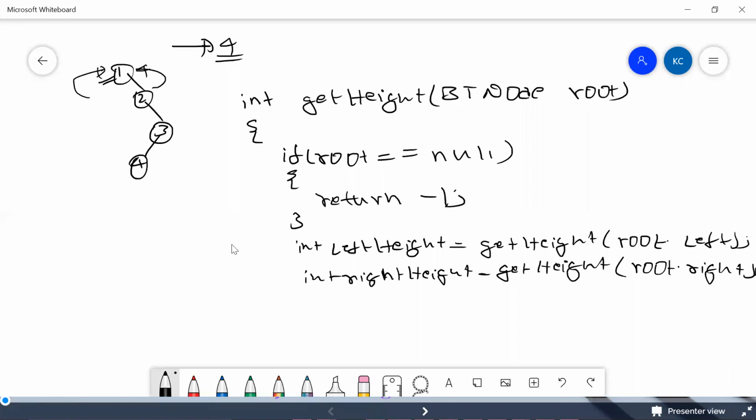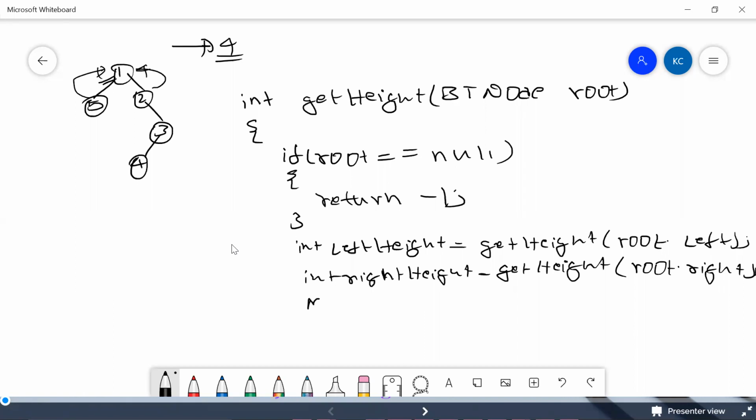So what you should do is calculate the max among those. For example, let's say here there is one more node, which is 5. So the left height will be given as 1 and the right height will be given as 1, 2, 3, so 3, right? It means I should calculate which is the maximum and then return it.